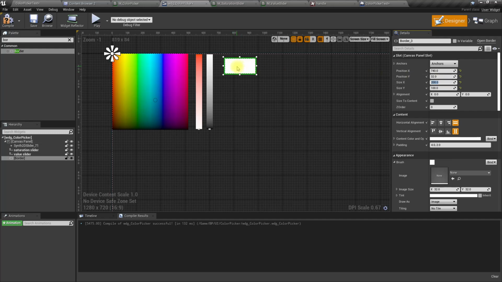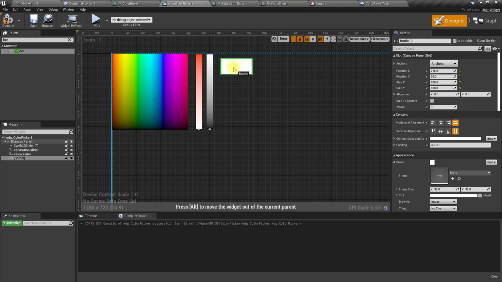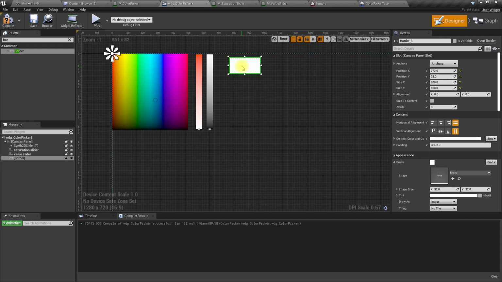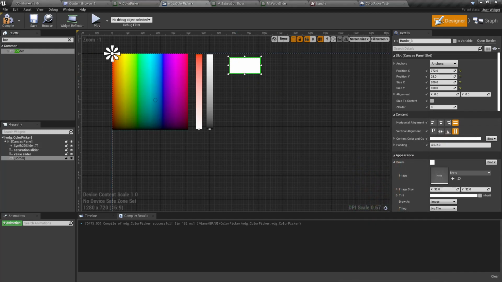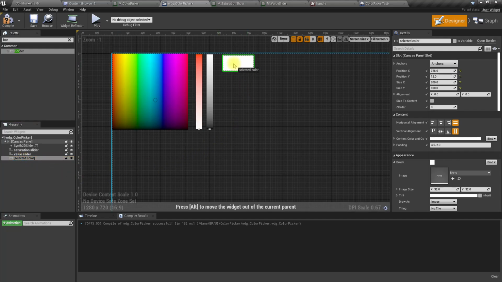This is the new color, just like here. Oh, new is here, okay, old and new. And let's name this old color. No, let's just call it selected color. That's all we need for now. Right,